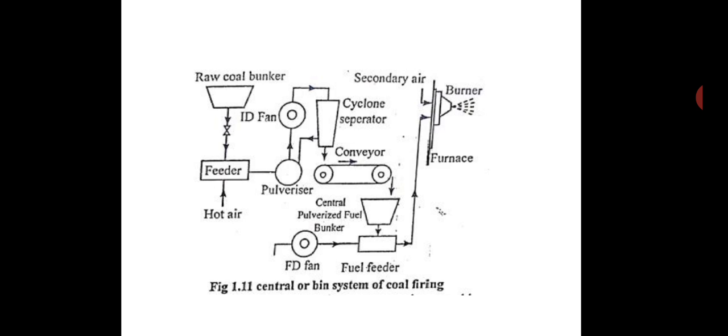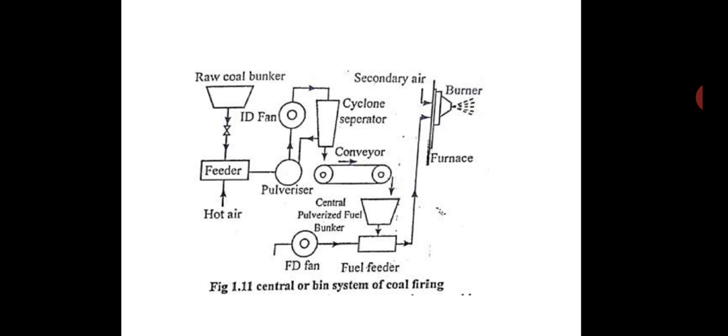So what are the advantages of the central system? The central system is highly flexible, and hence we can meet any quick changes in demand. Burner operation is independent of coal pulverization. The pulverizing mill can be stopped when there is a good stock of pulverized coal. So if you have enough stock of pulverized coal, then you can stop the system. The fan wear is less as it handles only natural air. Here the FD fan is directly handling air, and coal size can be controlled efficiently because you have a cyclone separator.